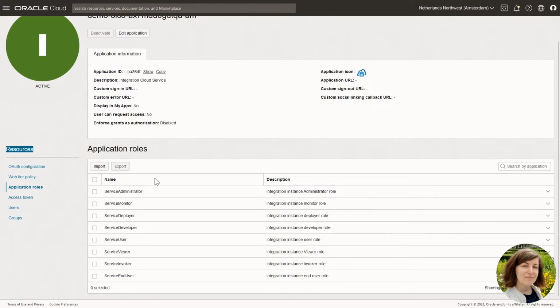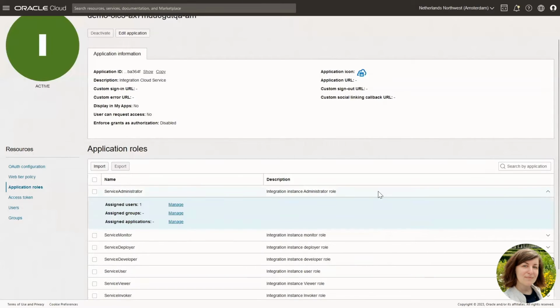In order to give users access to a particular instance, you need to go to the application of that particular instance and assign the application roles as relevant, from service administrator to service end user. You can assign one or more roles, and the best practice is to assign these roles on group level, not on individual user level.